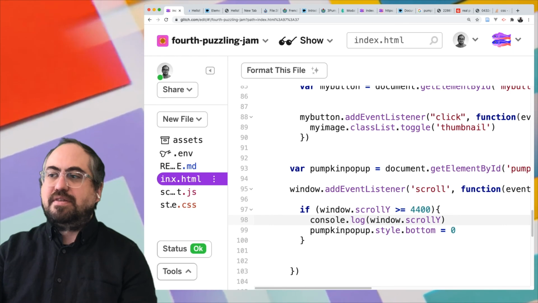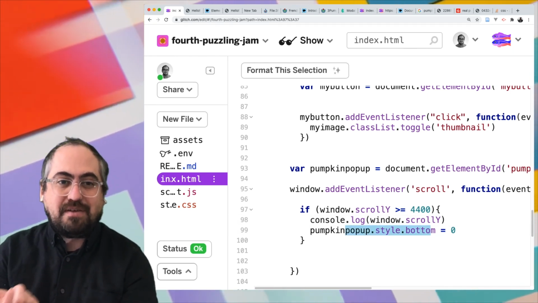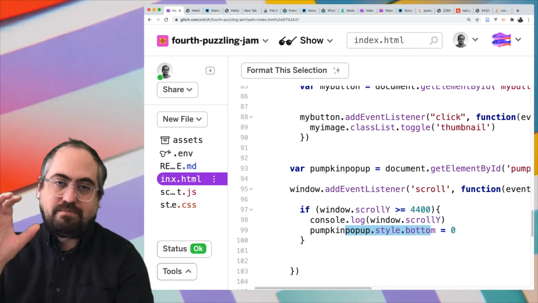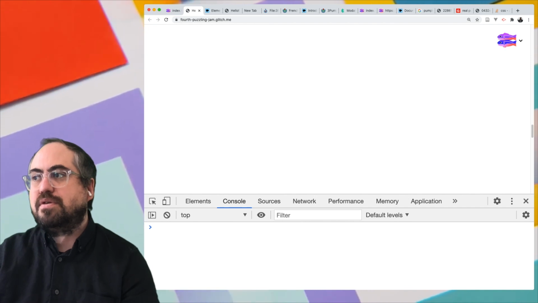So if it gets to this point and this triggers, the pumpkin pop-up style should change from that negative 177 pixels to 0, and so it should pop up. Let's see if it works. So if we scroll,